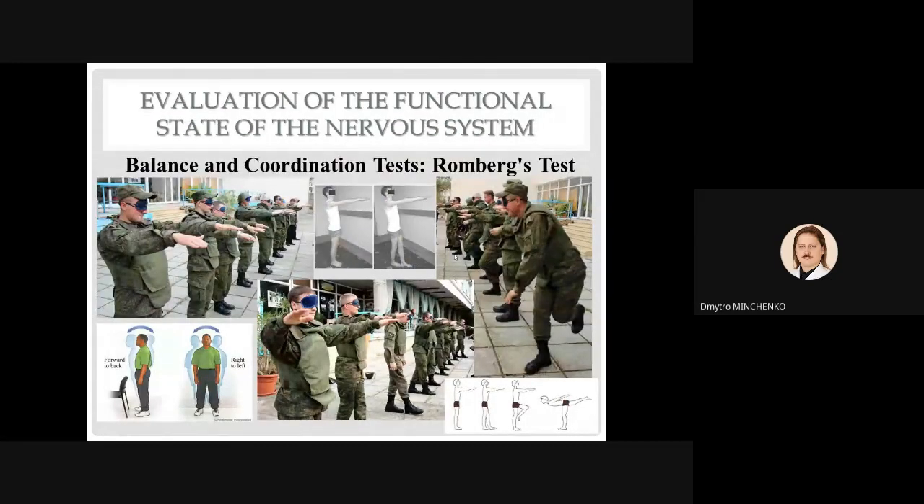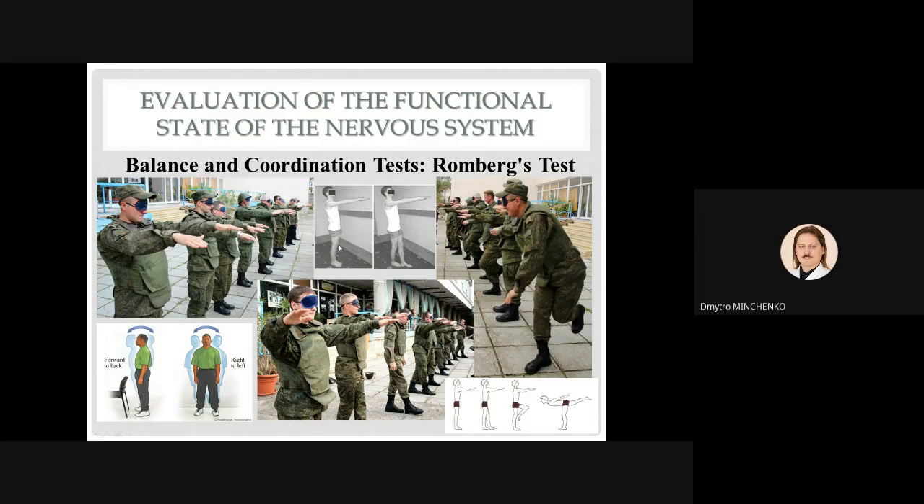Evaluation of the functional state of the nervous system. So the examples are places where they actually do these evaluations, like in the military. Obviously, it's very important there. So one of the tests is called the balance and coordination test, or the Romberg's test, where the person